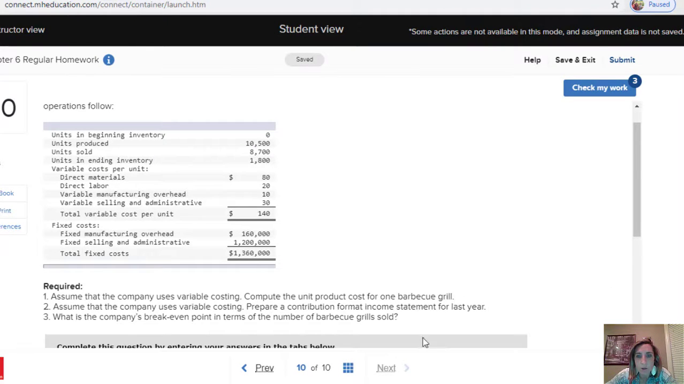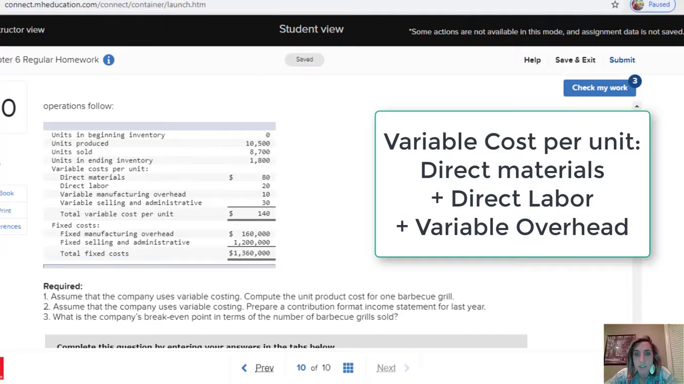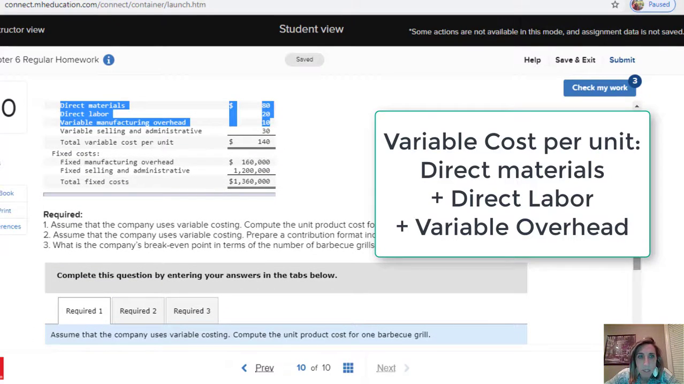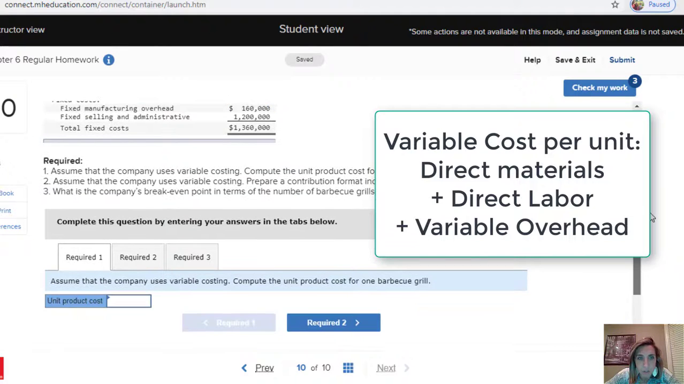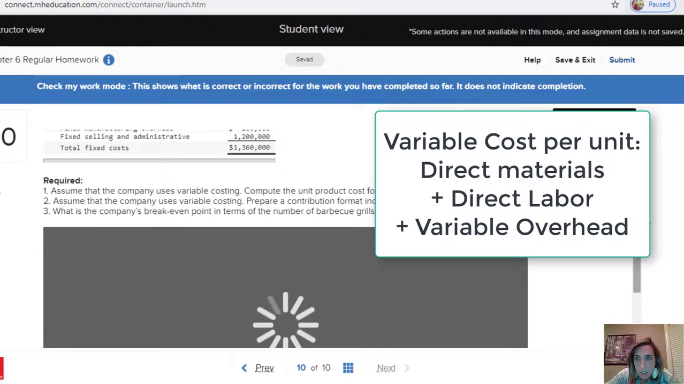Okay, class, this is a quick run through on question 10 from your chapter 6 regular homework. The first question asks you to compute the unit product cost using the variable costing system. So that will include only the variable items: direct materials, direct labor, and variable manufacturing overhead. When I add those three items up, I will enter that $80 in materials, $20 in labor, and $10 in variable manufacturing overhead. I would enter that amount into the unit product cost, check my work, and see that